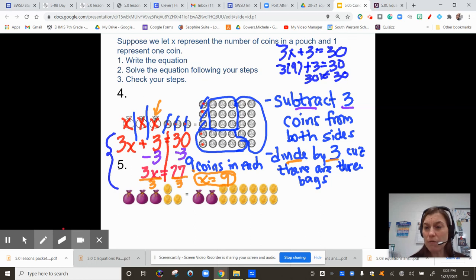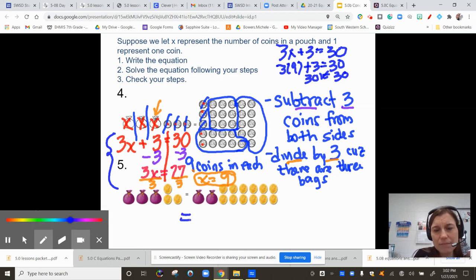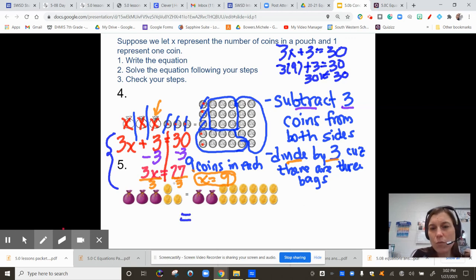You already did number 5. You already have all your work for number 5. It's in your packet on page 2. You already know the number of coins in each pouch. When you go to represent this, though, symbolically, for some reason this really tricks people, but let me show you how easy it is. Let me first write down the equal sign. Let me write what's on the left. On the left, I have 1, 2, 3 pouches. Each pouch is x. So that's 3x